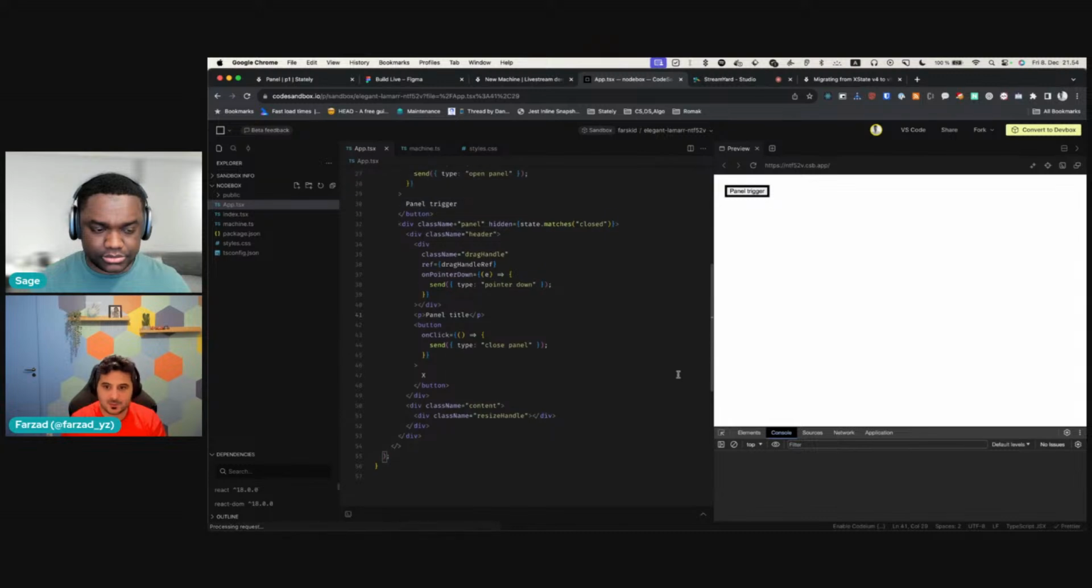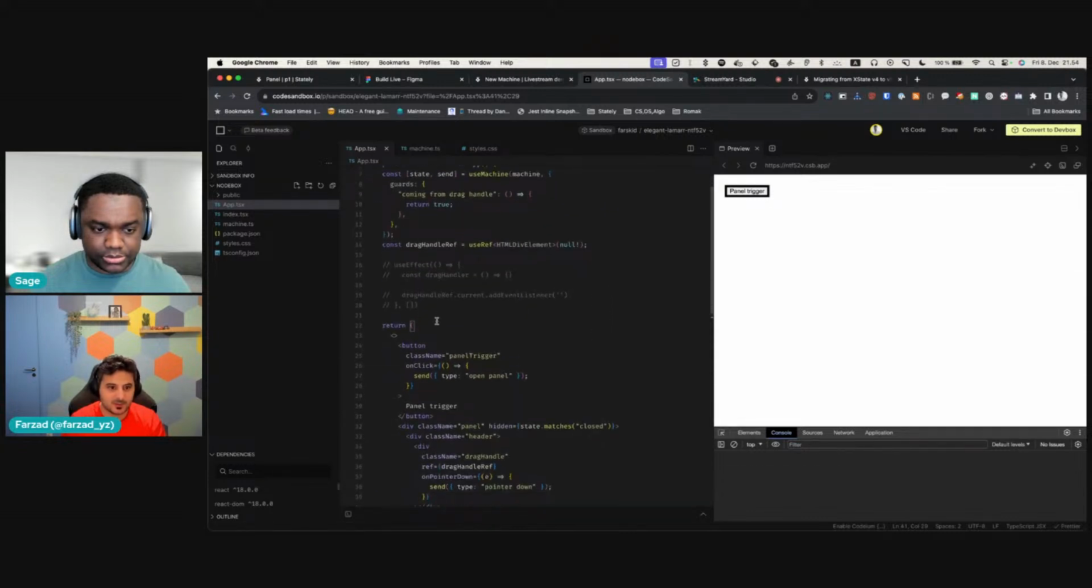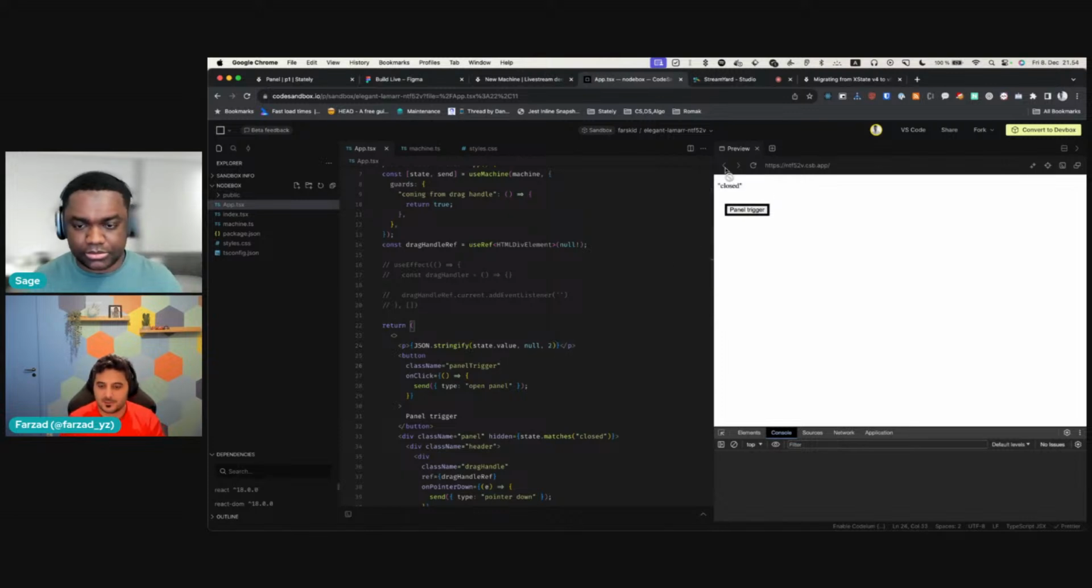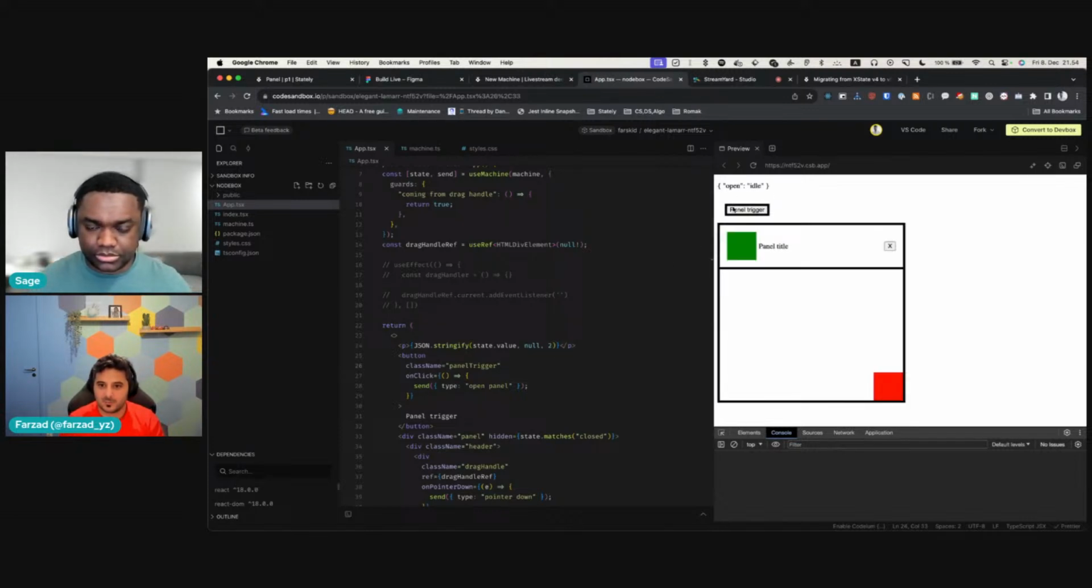Let's see what state we're in right now. Another easy way of looking at the state would be to just add a paragraph here and show state.value. Because this can be an object, just stringify this for now. Great, so we know that we're in closed state, we're now in open idle, and the moment I pointer down